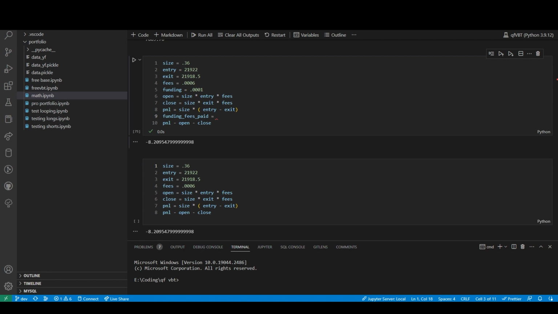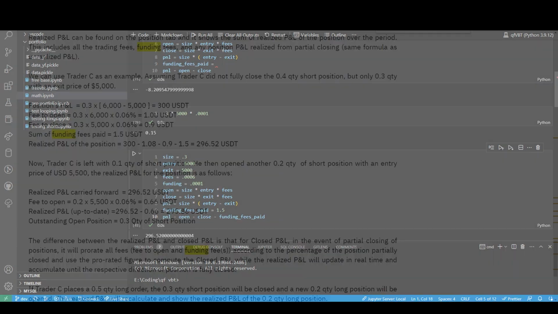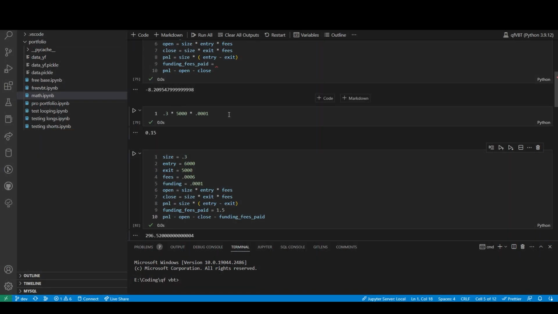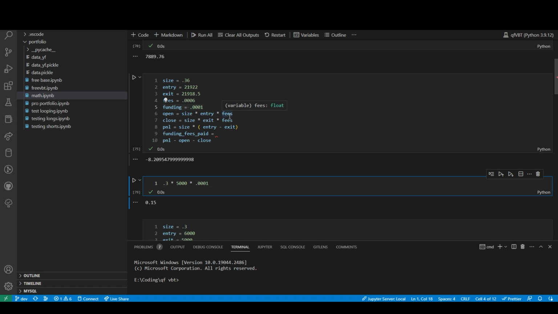They said it is... okay, so here we're able to get the same number as on this. So now the problem still remains,